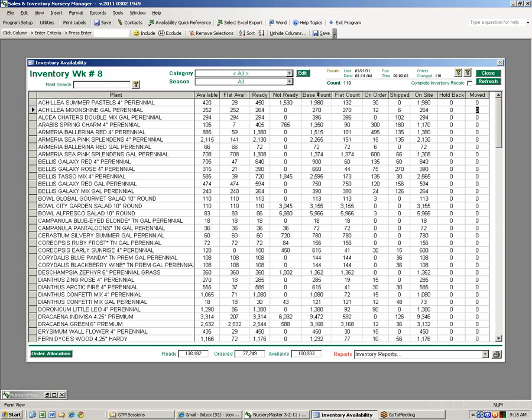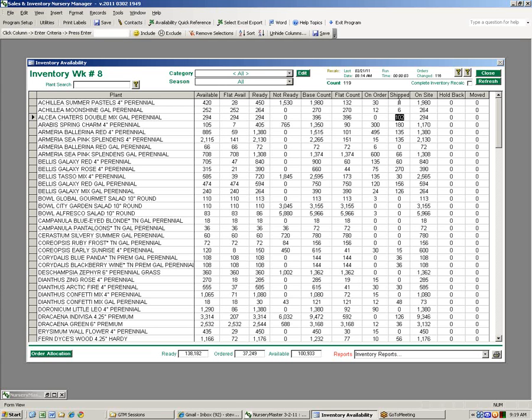The next thing it does from the count is it subtracts any that are on hold. So we remove anything that might be held back out of availability for whatever reason. The next thing that we do is we remove anything after the count date that has been shipped. So as we move into the shipped column, it's subtracted from the count if it was shipped after the count